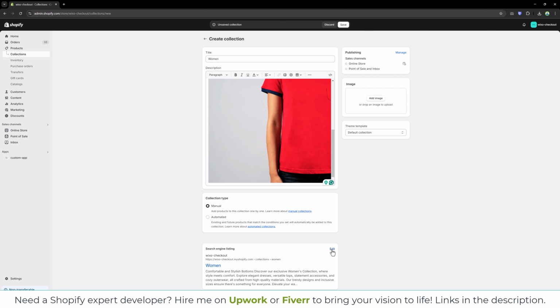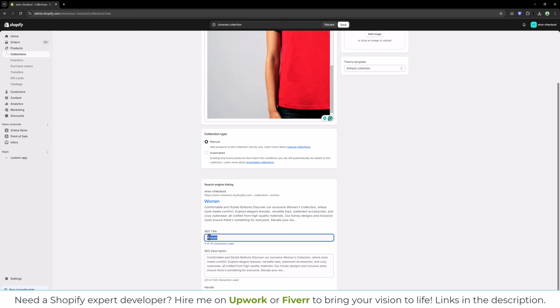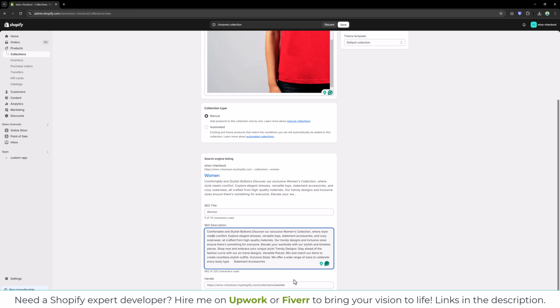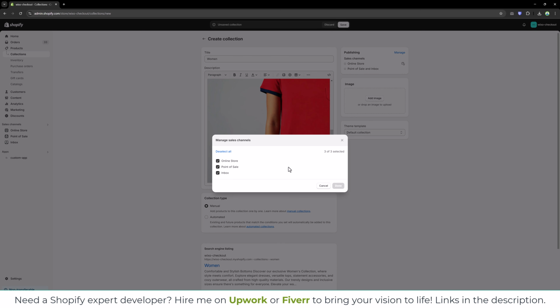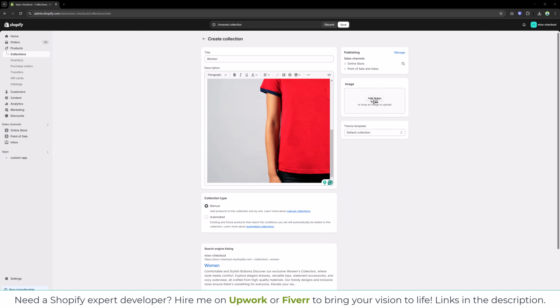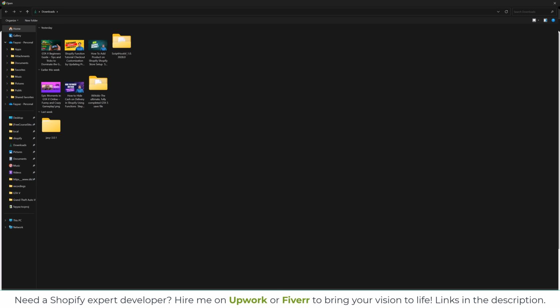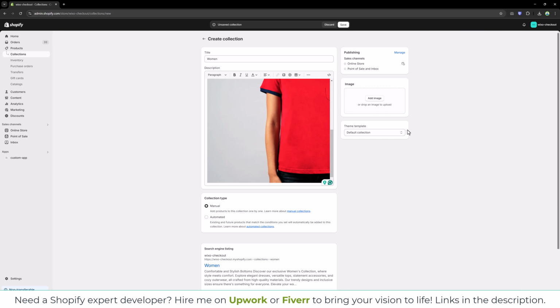and then go to edit SEO. Here you can define the SEO title and meta description, and you can change the handle. You can manage publishing, in which sales channel you would like to publish this collection. In my case, I will select all the sales channels, and from here you can select the image, or you can upload the image for your collection, and from here you can change the template if you have multiple templates. So save this, and now